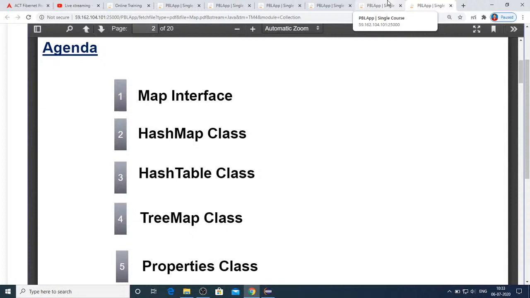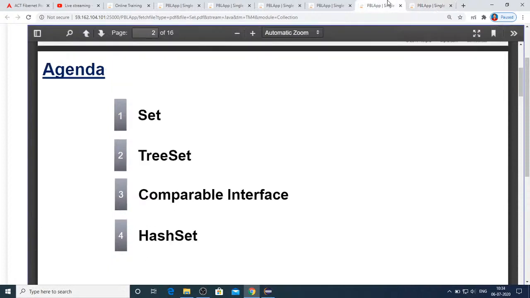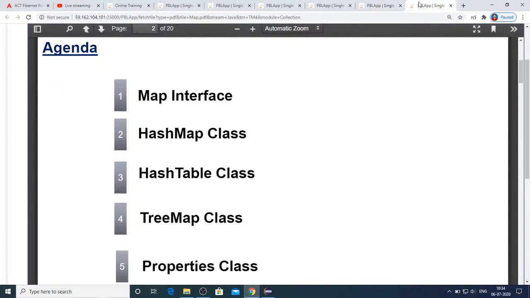So we will focus on the remaining collection classes, like here what you can see: TreeSet, HashSet, and the use of the Comparable interface we will also look at. And then we will also see HashMap and TreeMap. Very quickly we will see the Properties class also. Today we are going to put a full stop to these collections, and if time permits I will even introduce you to multi-threading concepts.